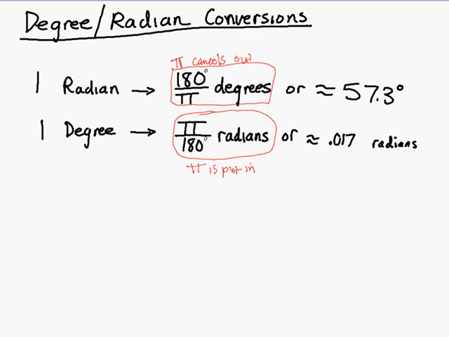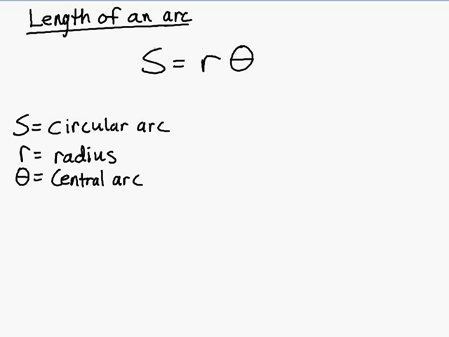Okay. So when we talk about radians, we're talking about pi. We want pi in the problem. When we're talking about degrees, we don't want pi. We want pi to cancel out. Okay. So in this section, we're only concerned about three things: converting between radian and degree mode,